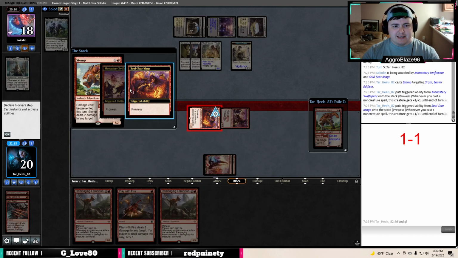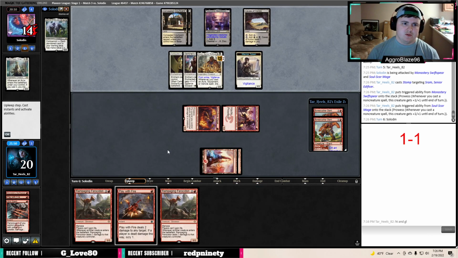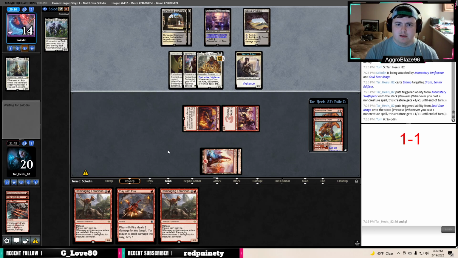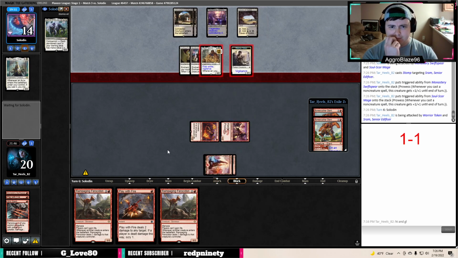Alright, we're going to go ahead and cast it now, because we're at least making this a 2/2 and we're putting them to 14. I mean, we're probably not winning this game even if we draw a land here, because there's just no way for us to actually get in the points we need. If they were at 8 or something like that, then we could probably talk about it here, but...